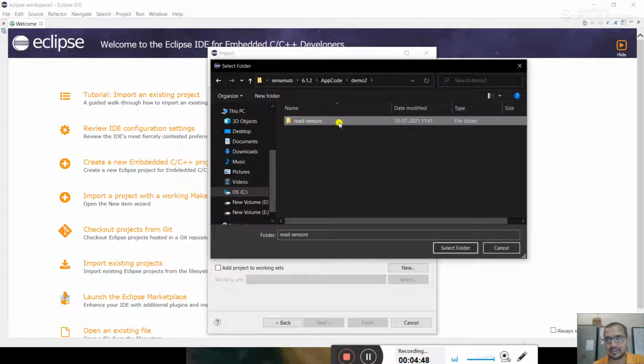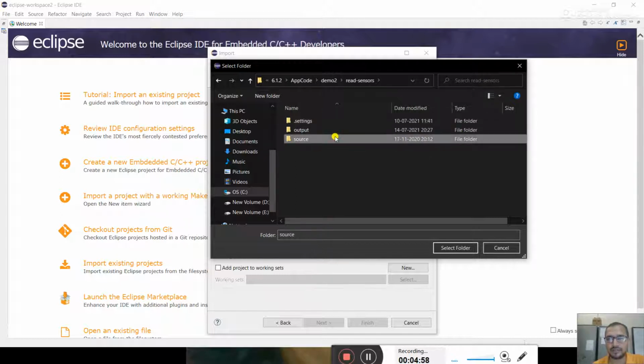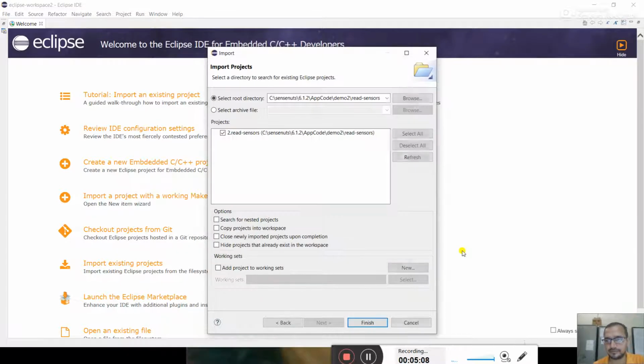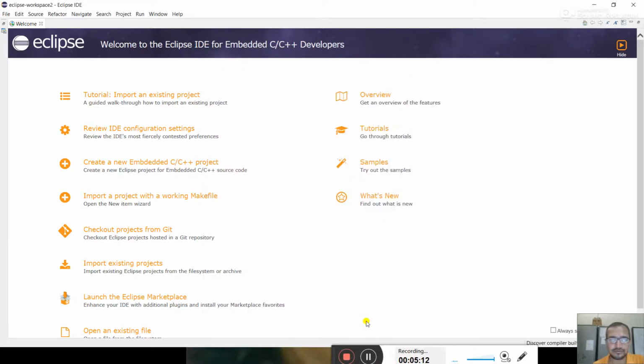Because it is a concept of interfacing hardware with SenseNuts, I am taking this code. Here is source. We just select this folder of demo 2 and finish.